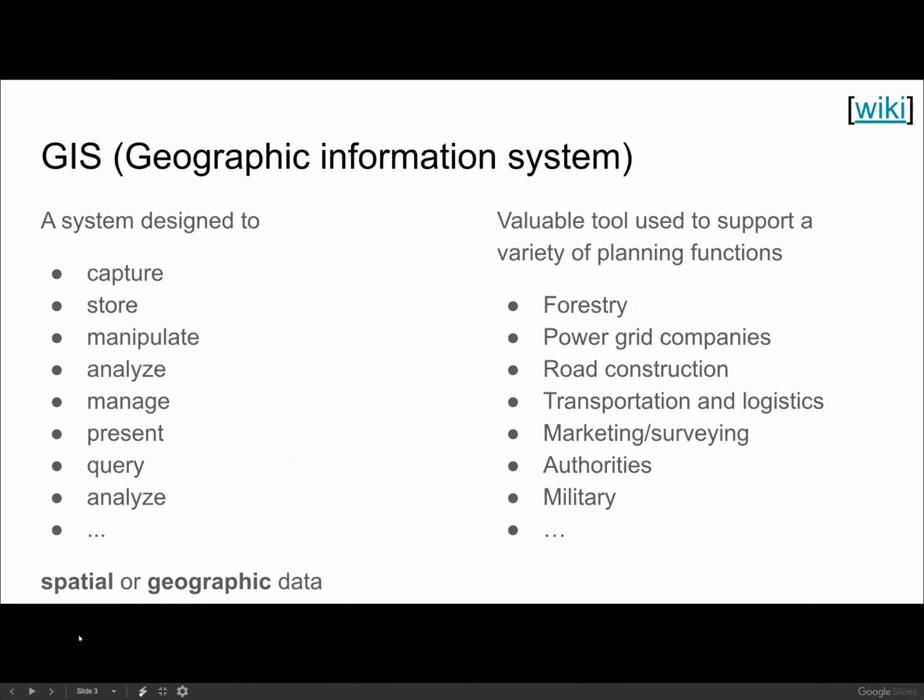All right, so here I have the explanation of what GIS is. It's a system which essentially works with geographic data. Surprise, surprise. And there are lots and lots of applications for it. We're not going to go through all of them. In fact, I think I took a lot of this information from the Wikipedia page on geographic information systems.